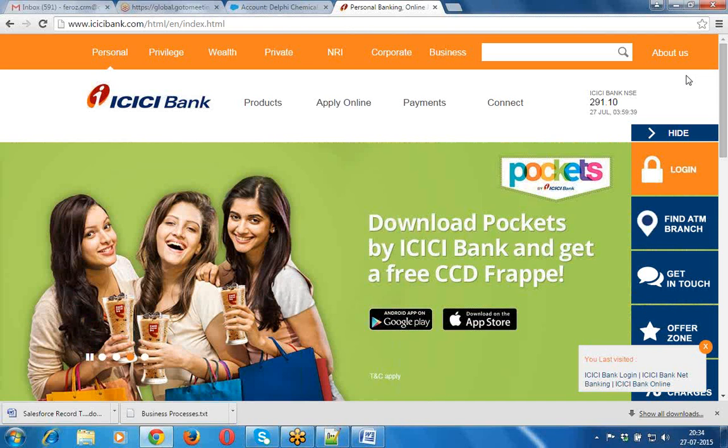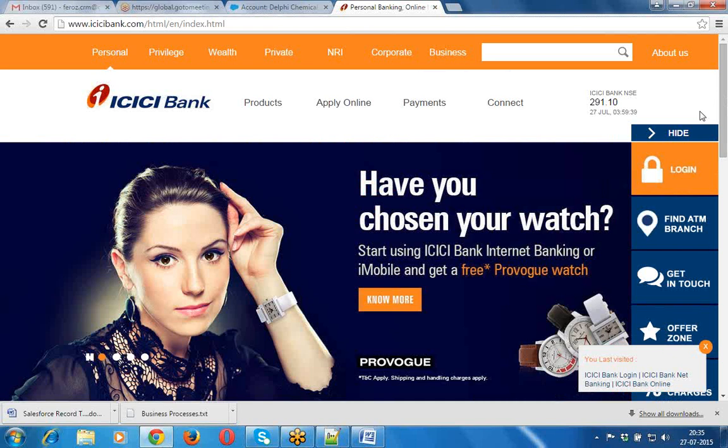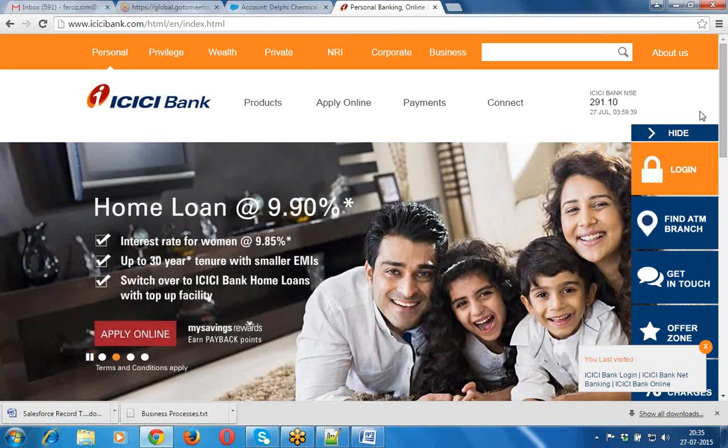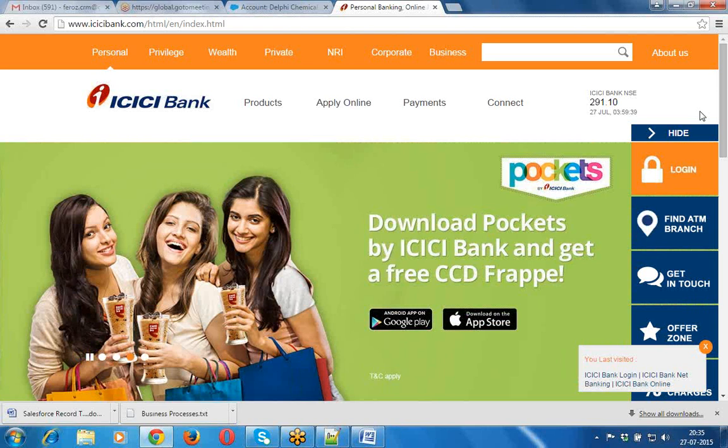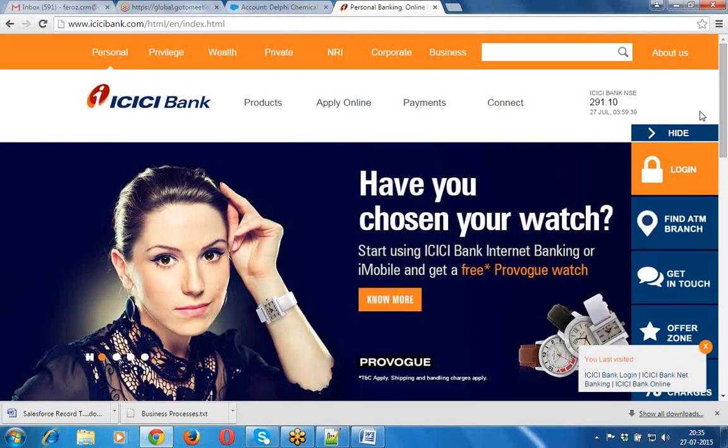We will see it with an example here. Now, when coming to this ICICI Bank application, I want to log into that application in order to perform some online banking transactions. As an ICICI Bank customer, I may be a savings account holder, a salary account holder, or a corporate account holder. Everybody can perform the transaction through online banking itself. ICICI Bank is providing this online facility to you, so there is no need to visit the bank. You can perform the transaction by sitting in your home or by using any device. So here I am using that online banking facility.